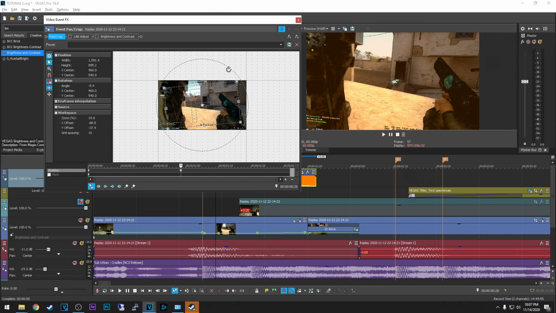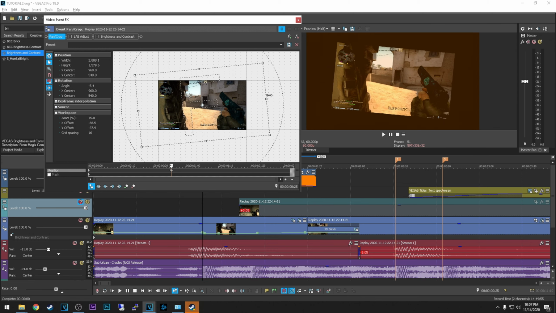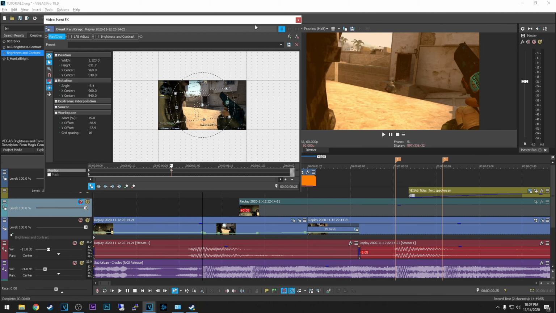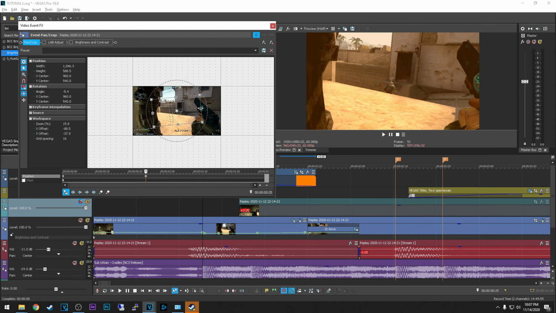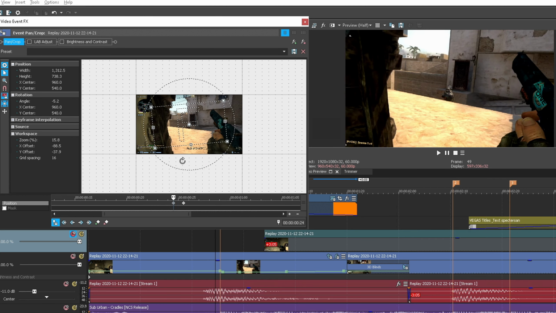And all of these settings are based also on keyframes. So for instance, let's go to exactly when I want to add the effect. Let's say I want to zoom in right here with this rectangle. You can see on my preview on the right side that I'm zooming in. What I need to do now is create a default keyframe right behind it with default values.